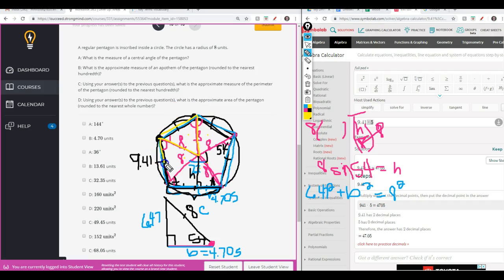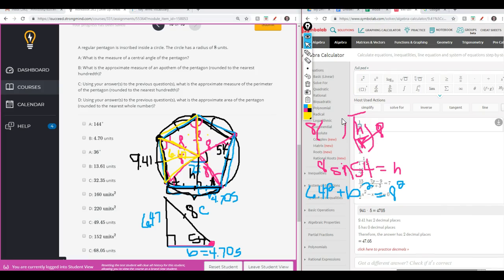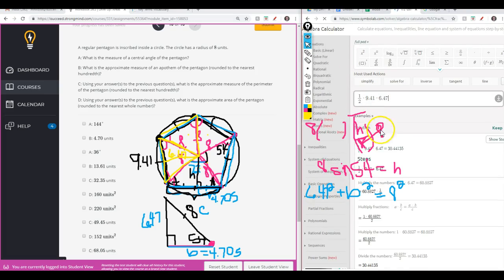So again, remember the base was 9.41, and we found out earlier that the height was 6.47. So we're going to do 1/2 times our base, which is 9.41, times our height, which is 6.47,